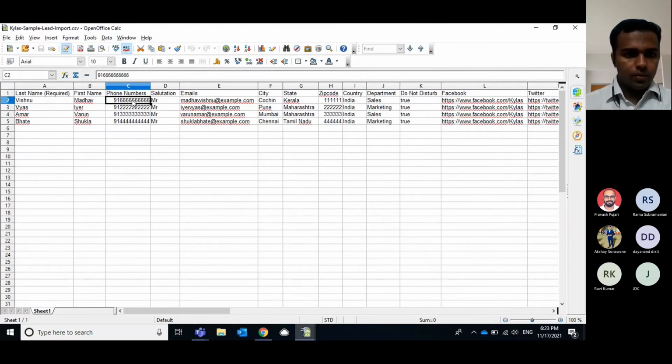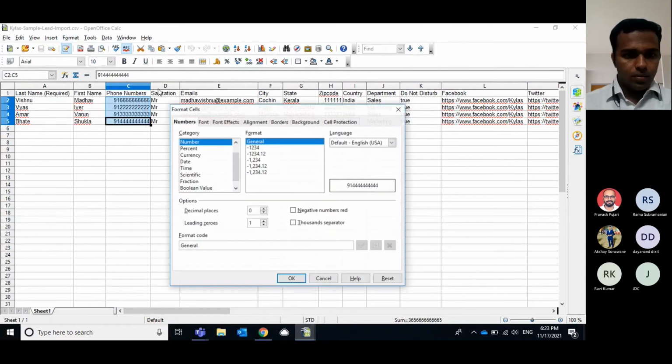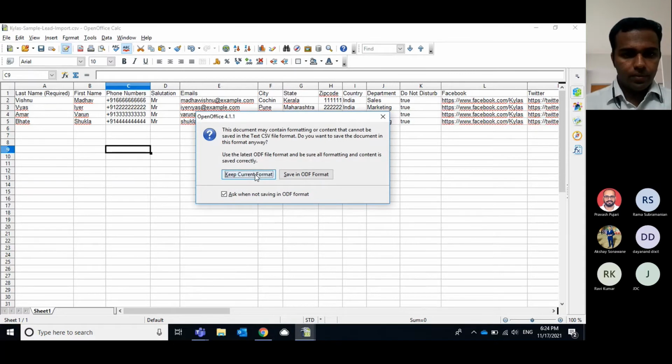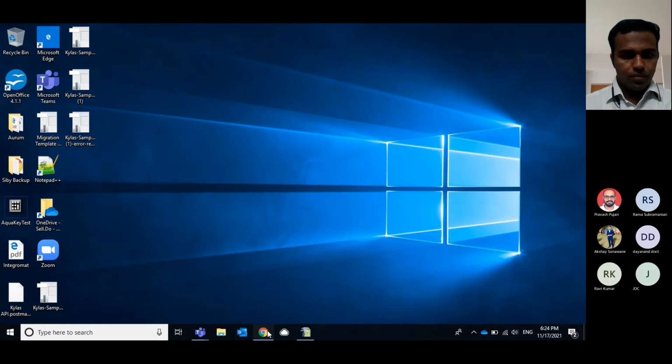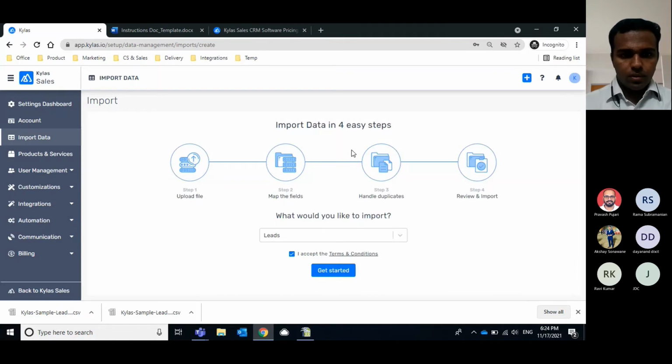So right now I will convert it into a text field and I will append each of these and I will save this file. Try to import it again.